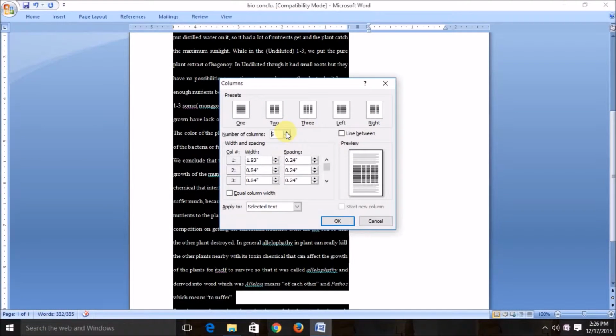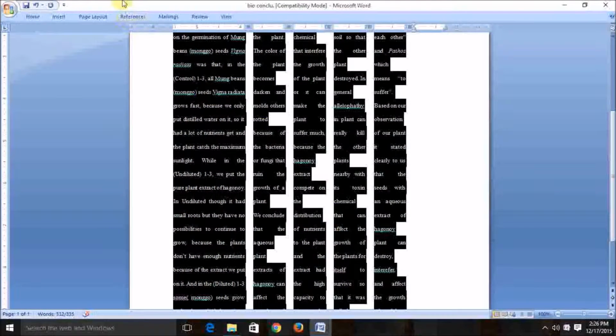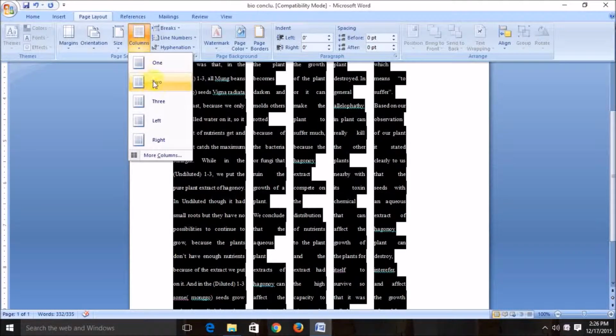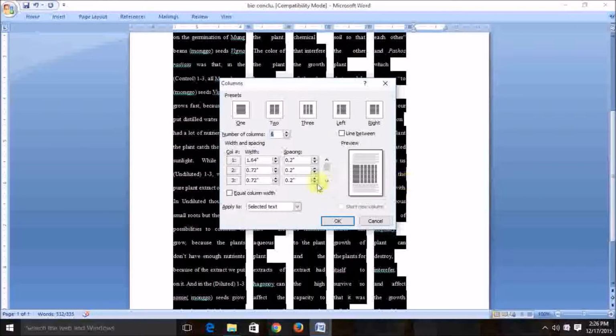You choose more columns if you want, like column 6, and more columns. Now let's go back to column 2.